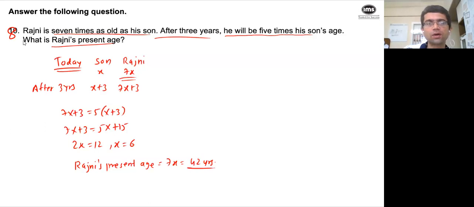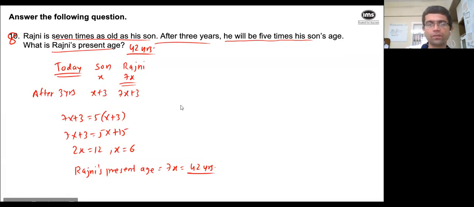Right, Kanishka, Tamanna, all of you have got the right answer. So Rajni's present age is 42 years. Right, converting English into maths, that is the first step to solving a lot of linear as well as quadratic equations. Answer is 45? Rishita, no, answer is 42 because that's Rajni's present age. If at all there is an error at the back, you can correct it to 42. No, after 3 years, no, you have been asked Rajni's present age, Rishita.